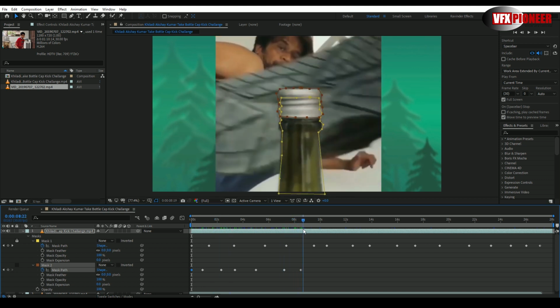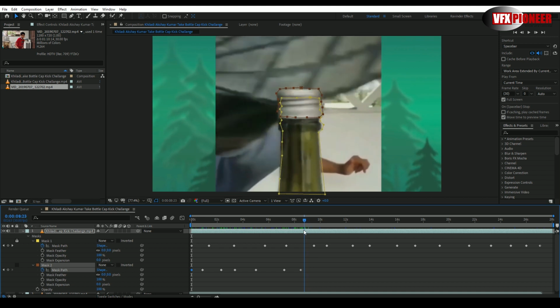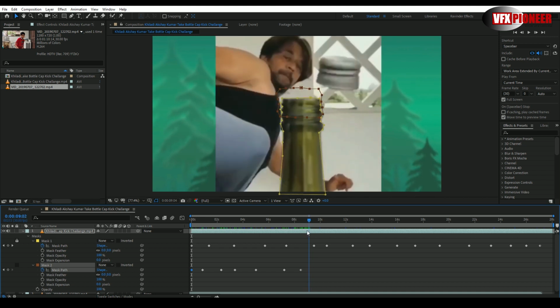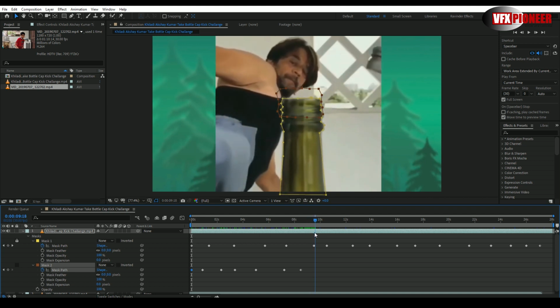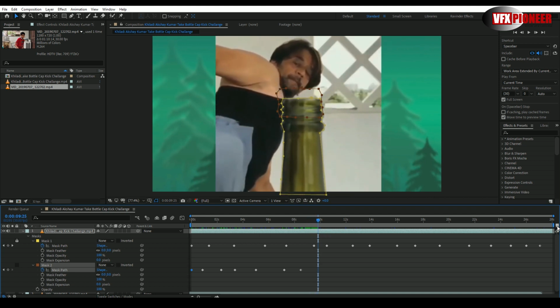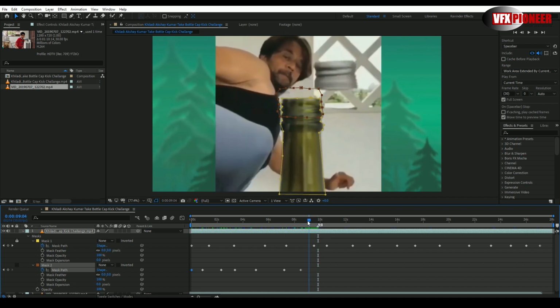Now we have to rotoscope this, because every frame is important. Now after this kick, every frame is important. So until this frame we have to do it. So now we have to do it frame by frame, right? So from